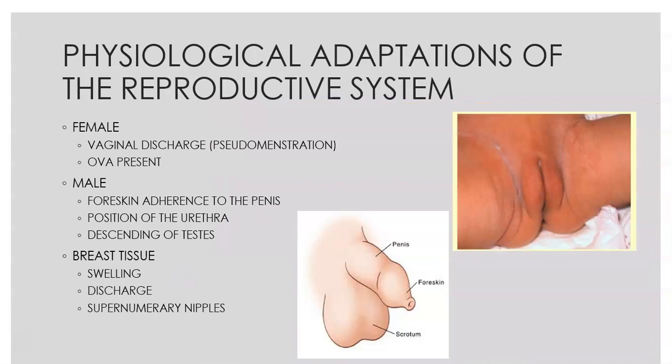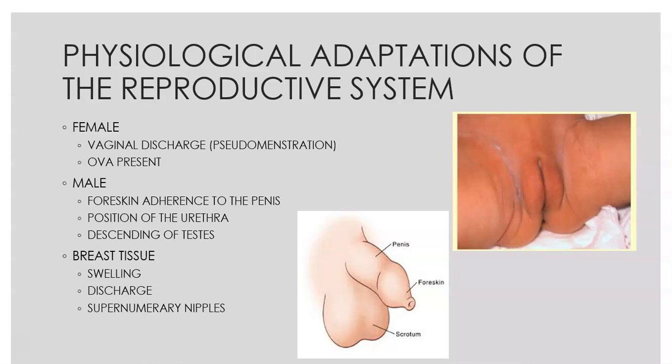So reproductive system, there's a few variations you'll see with the reproductive system. When we're talking about females, all of the ova that they will ever have in their life are already in their ovary. So they have all the eggs they need, and they will just grow and mature as they get older and are stimulated by puberty. Some things that you will see that are normal variations.